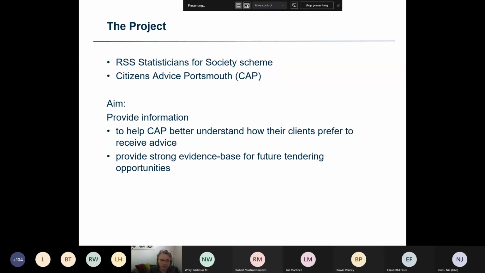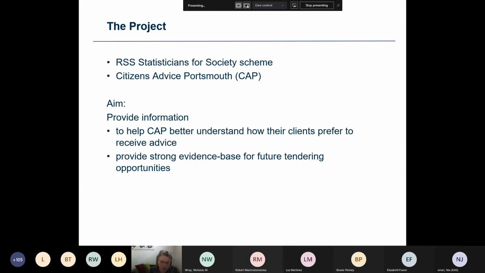So I'll just give a little bit of information about Citizens Advice. They're a well-established and well-known organisation with a network of over 300 independent charities in towns and cities throughout the UK. It offers free, confidential information and advice to help people on a wide range of issues. This covers things like debt management and benefits, housing, employment, immigration and asylum, as well as consumer complaints. They help millions of people every year. Their own research shows that 4 in 10 of the British population contact them at some point during their lives.